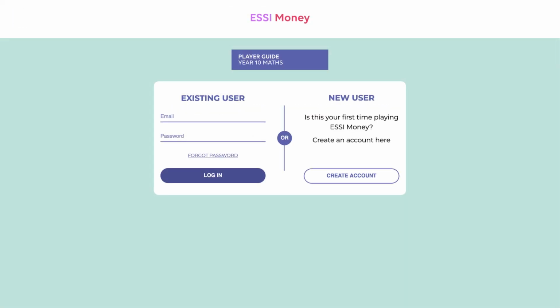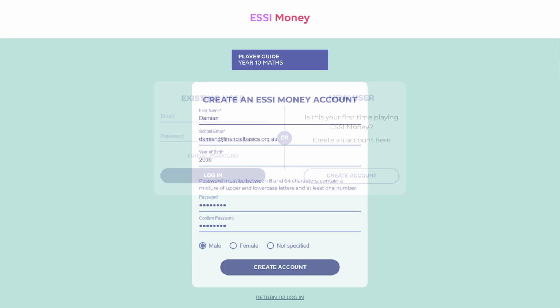If this is your first time logging into the game, you will need to click on Create Account. When creating your account, you need to complete each field. First name, school email address. Make sure you type this email address correctly or you will not receive password reset links via email if you happen to forget your password.